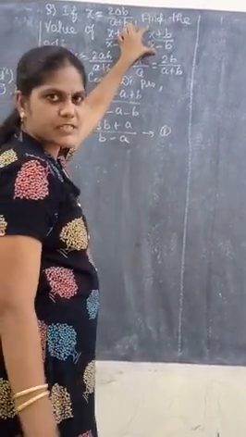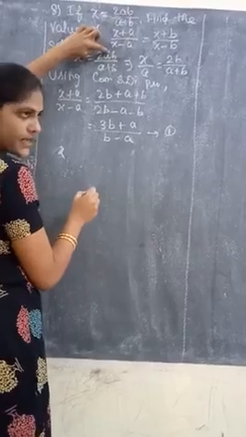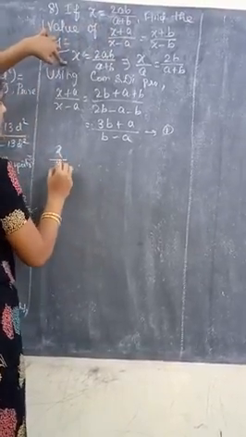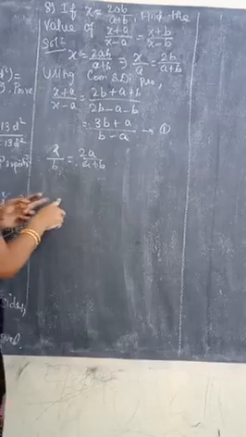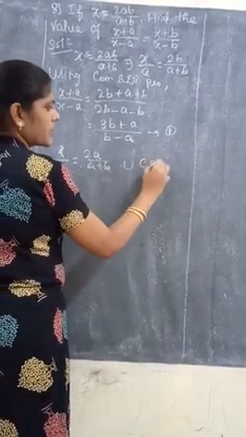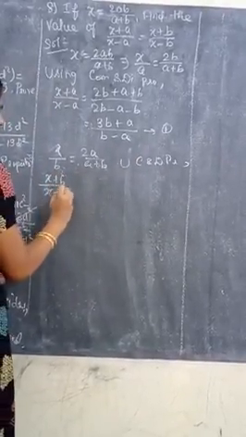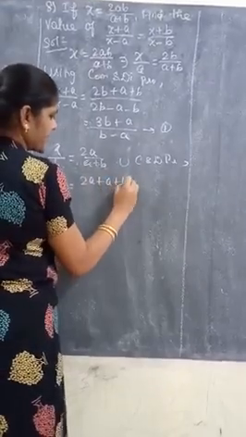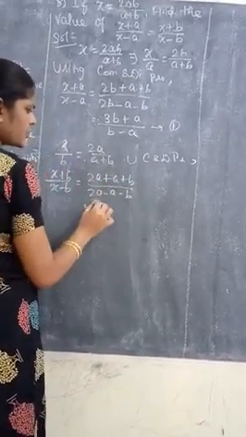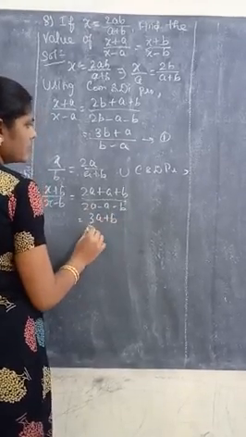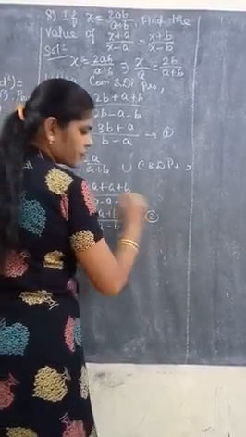Next term we need is (x + b)/(x − b). In the same way, using the x term, take b along to the left hand side. So x/b equals 2a/(a + b). Again, we need to use the componendo and dividendo property. So (x + b)/(x − b) equals (2a + a + b)/(2a − a − b), so (3a + b)/(a − b). Take this as equation number 2.